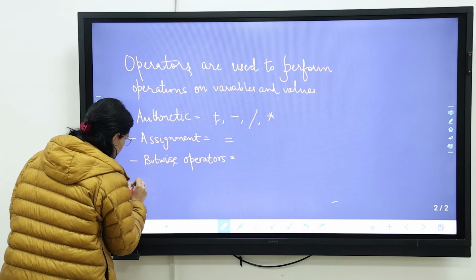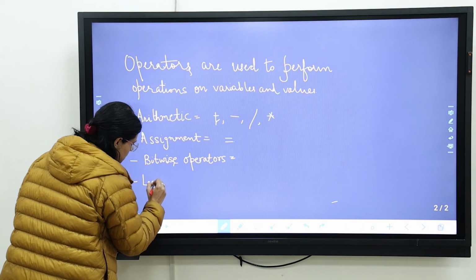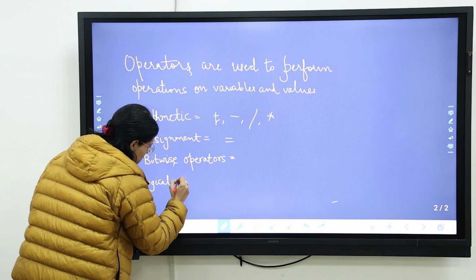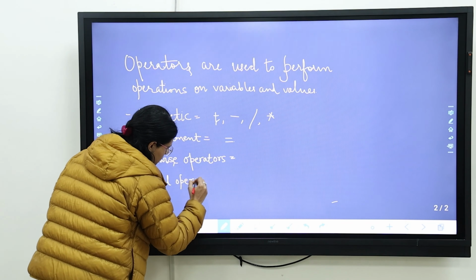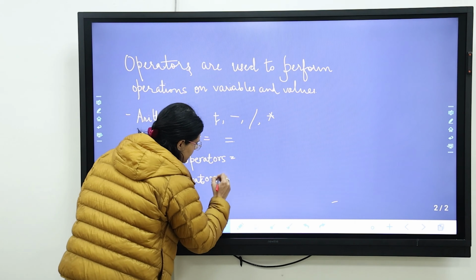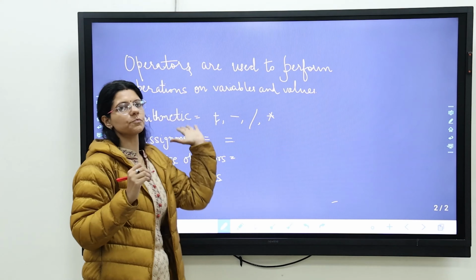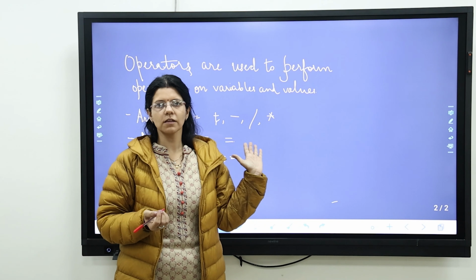And then we have logical operators. So these are some of the operators that we consider.